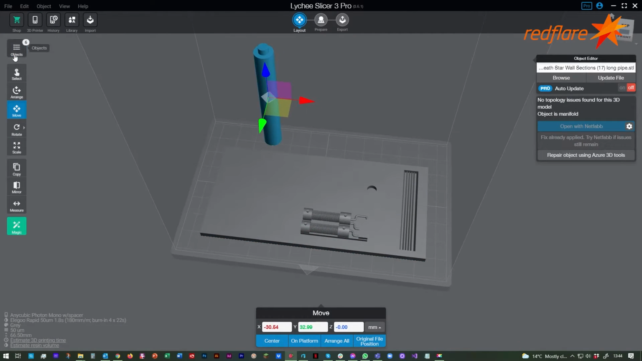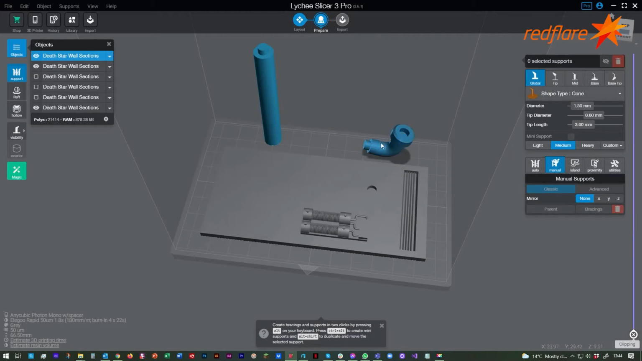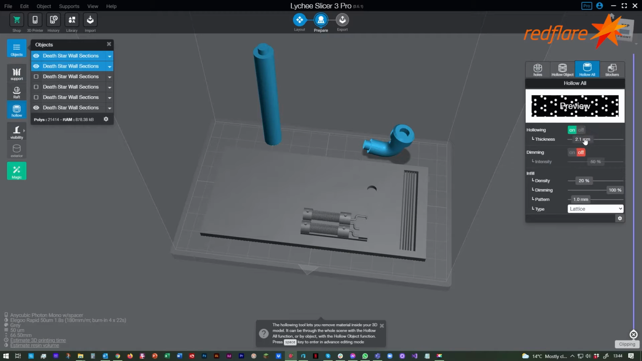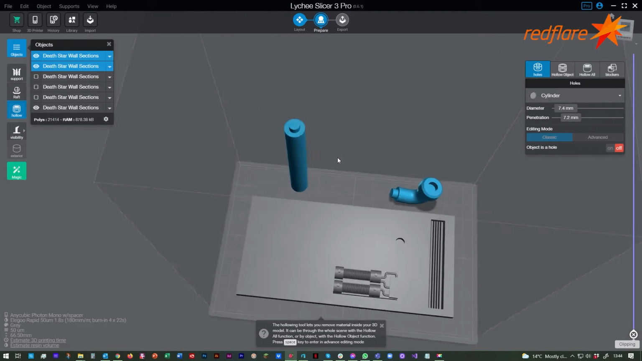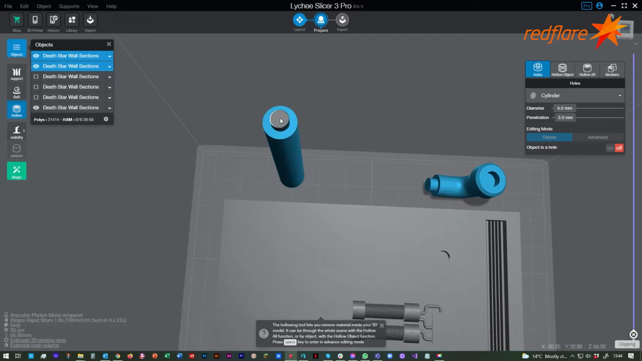So I'm using Lychee Slicer Pro. I've got a Photon Mono. I've got some modifications, as you can see in the bottom left hand corner. I've got a spacer, a flexible plate on the printer, so it doesn't give me full height of the printer. It's normally 165mm, but with a spacer there's a couple of mil that you lose, but it gives me the